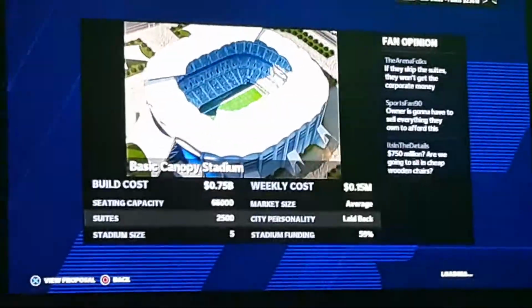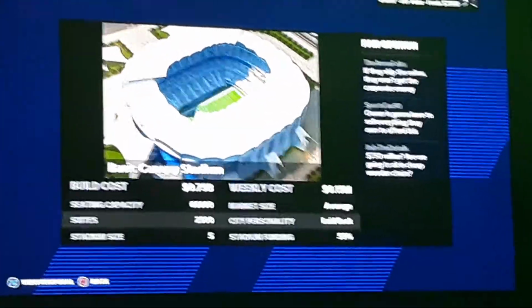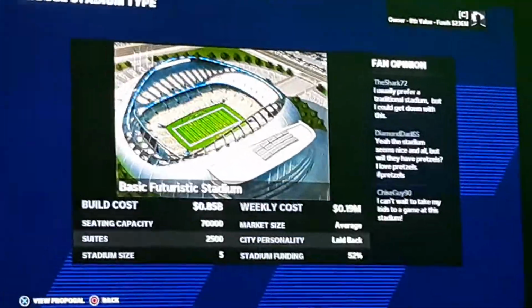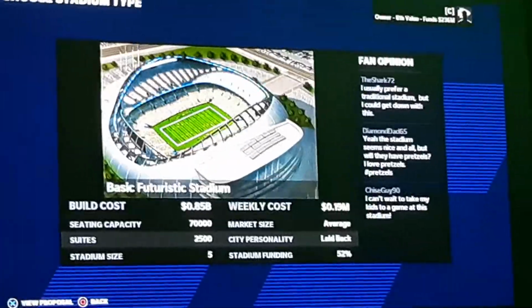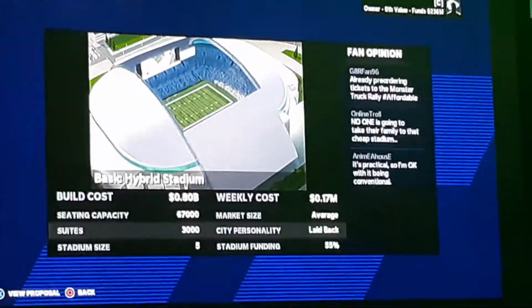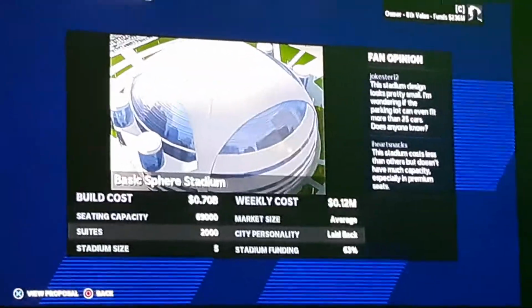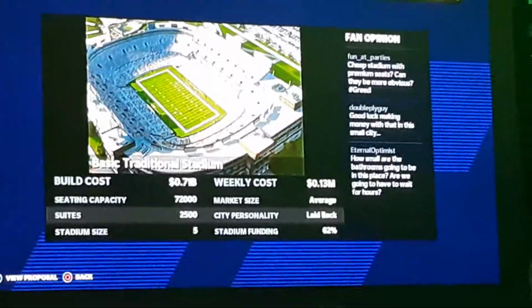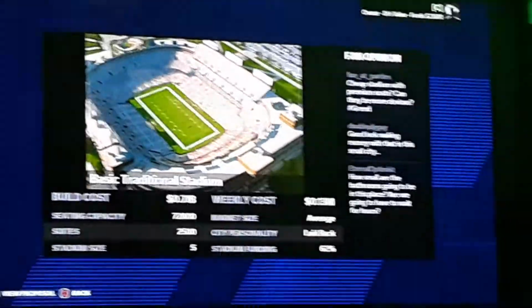So basic canopy stadium, kind of like that. That's what we use for our London Bulldogs and Mexico City Golden Eagles franchises respectively. Basic futuristic, that's what we use for our Black Knights and Toronto Mounties, along with the Sacramento Condors. Hybrid, that's what we use for our Toronto Huskies. Spear Stadium, that's what we're going to do for one of our future teams. And traditional resembles more of Qualcomm Stadium, which to my understanding, they just started demolitions not too long ago,